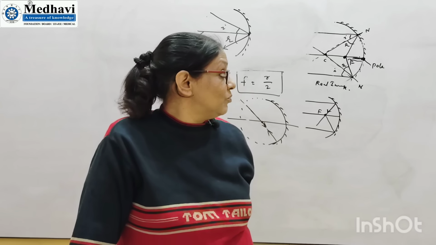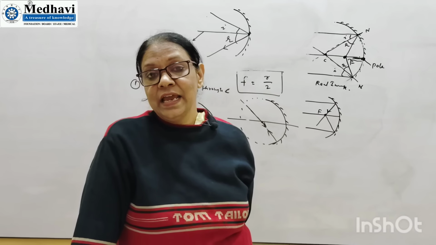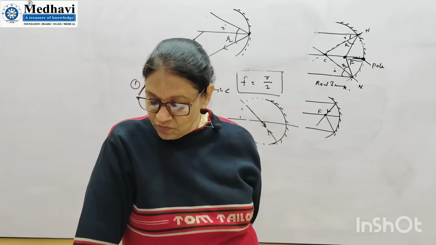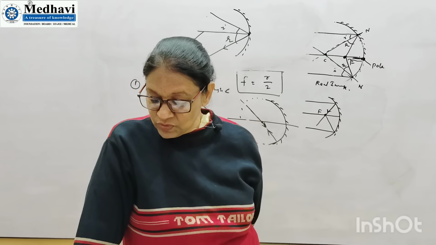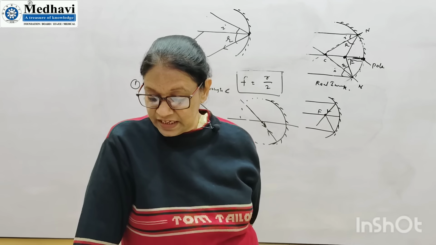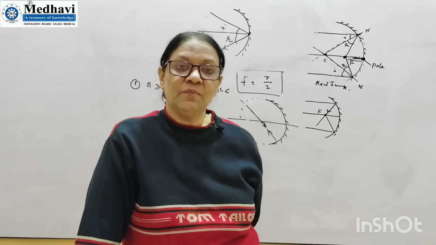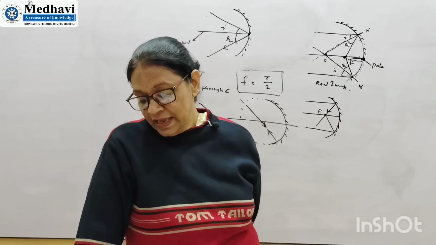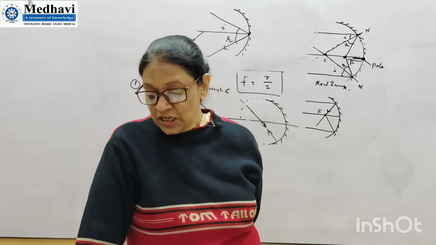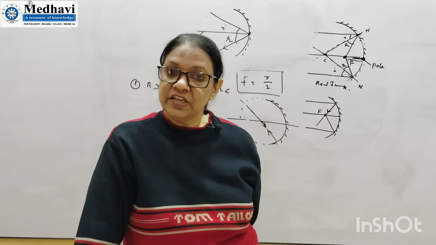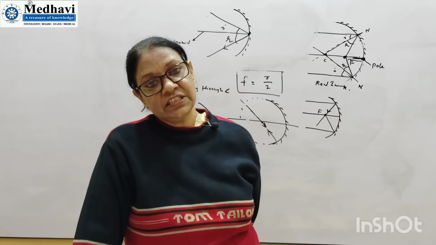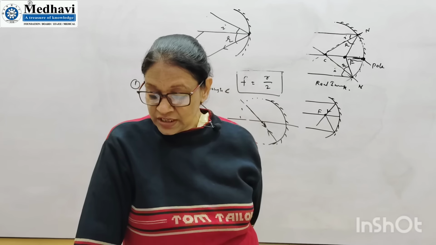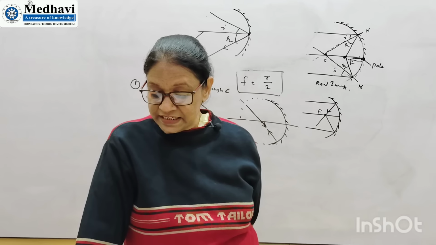So this is the first point we have to memorize: in concave we get real and inverted. There is one condition: the object will give a virtual and upright, erect image in a concave mirror only between focus and pole. So such tables are given in different books, whether you are using ICSE or CBSE, with information related to the image. For example, if the object is at infinity,